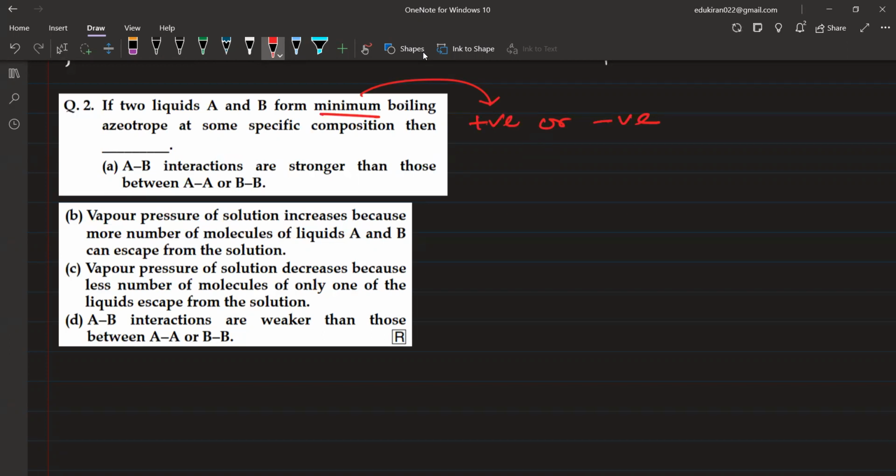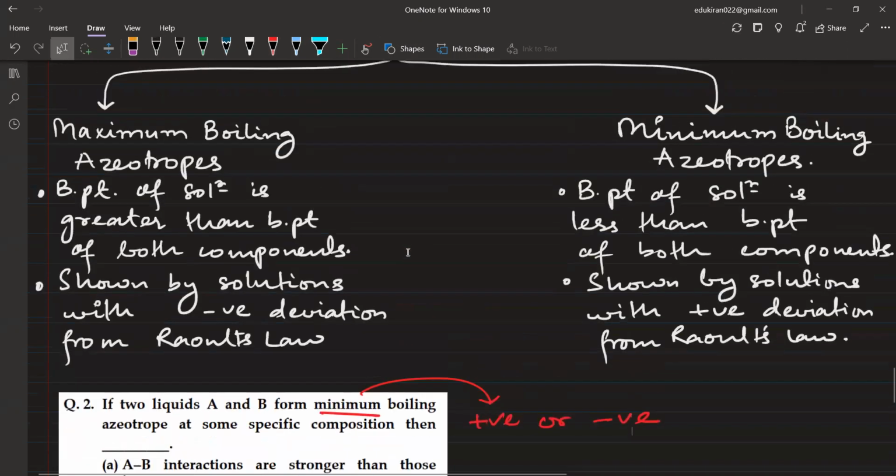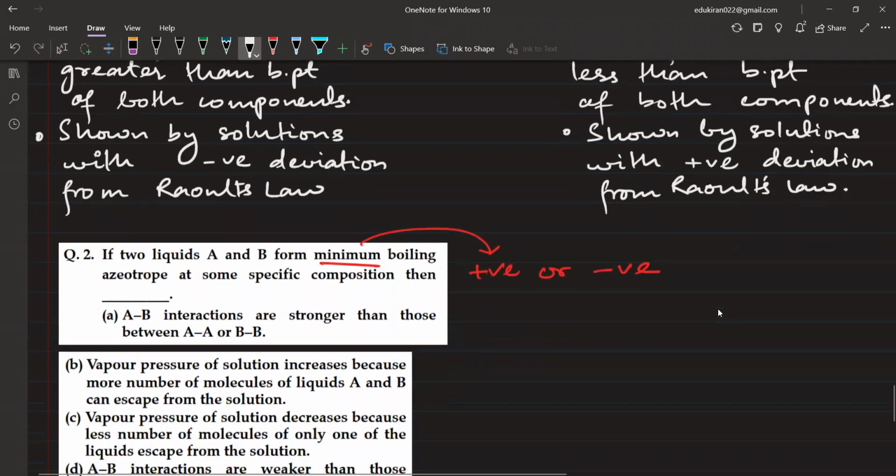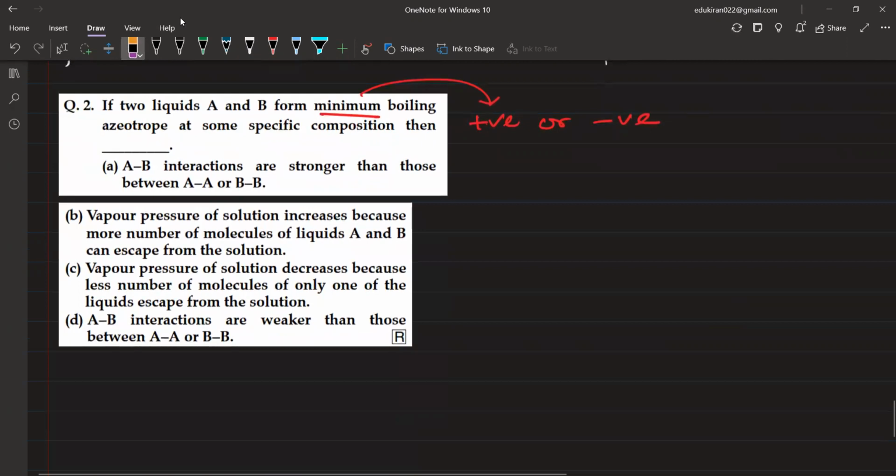Negative. देख के बोलिए ना, ऐसे अंदाजी बोलने से क्या फायदा तारीफ। अभी लिखा है यहाँ पे हमने कि जब you are having minimum boiling azeotrope तब क्या होगा, पॉजिटिव डेविएशन होगा ना। If you are not writing then I cannot help you, okay? जो चीज लिखी हुई है कम से कम उसको तो सही से पढ़ लीजिए।